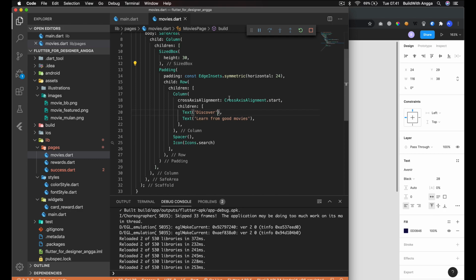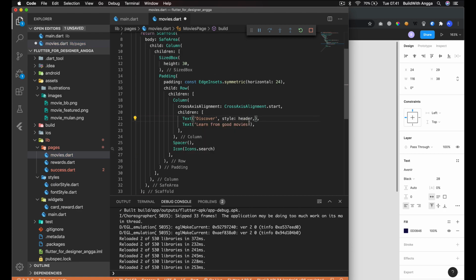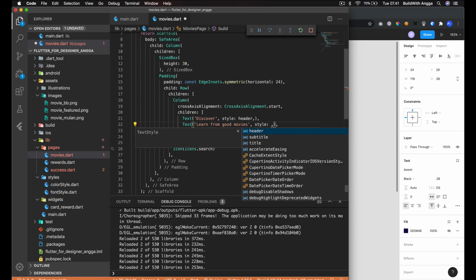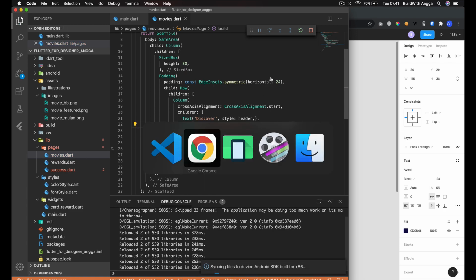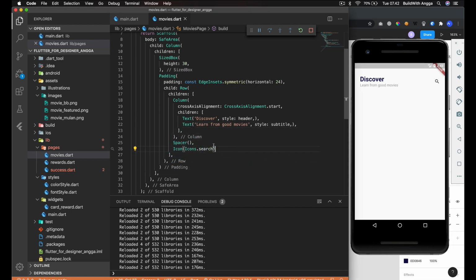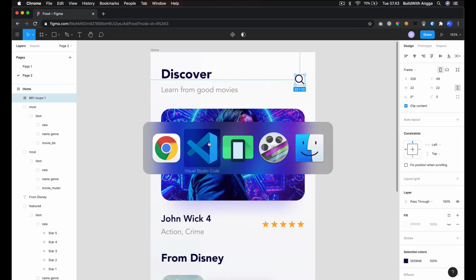So right here we give the style, which is header, and this style for the subtitle. It's working properly. So in this search icon, we need to set the size. Let's go with 30, and then color is black primary.